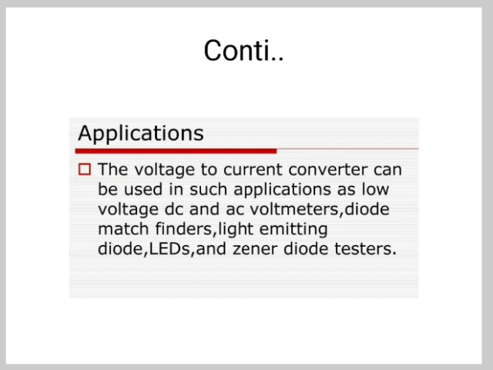So in that, the first is the diode match finder. In some applications it is necessary to have matched diodes with equal voltage drop at a particular value of diode current. Then the circuit can be used in finding the matched diodes, and it is obtained by replacing RL with the diode. Now when the switch is in position 1, the rectifier diode is placed in the feedback loop and the current through this loop is set by the input voltage Vin and resistor R1.